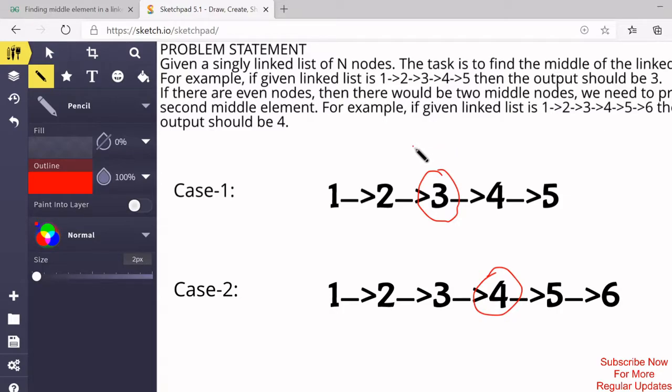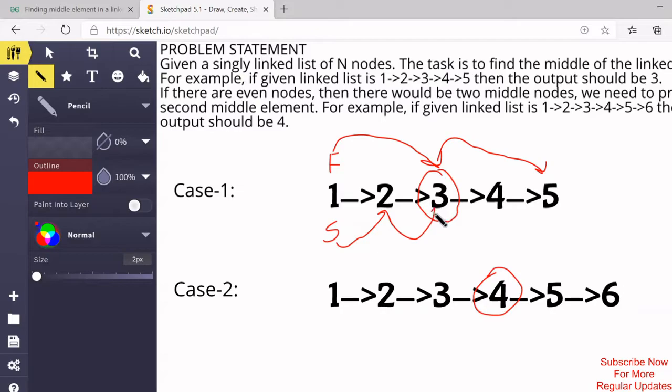Whenever we need to find the middle element in a linked list, we maintain two pointers, namely fast and slow. Initially both are at head. Let's name our fast pointer as f and slow pointer as s. We'll increment fast pointer by 2 and slow pointer by 1 until fast pointer reaches end. What do I mean? I'll increment this fast pointer by 2 values like this, while I'll just increment the slow value once. I'll repeat this until fast reaches the end value.